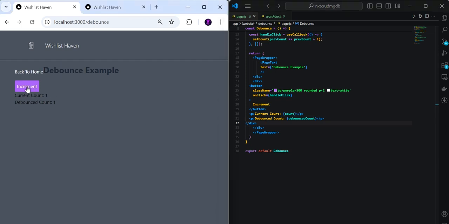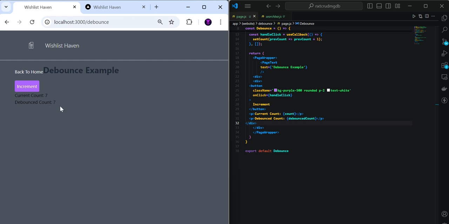And after I click the increment button, you'll notice that current count updates immediately, and debounce is delayed by 500 milliseconds. Now, I know you're probably thinking you would prefer the increment to be updated real time. And in this particular example, it's not necessarily as detrimental to the overall project, because if a user clicked this several times, you'll notice that the current count updates immediately and the debounce count only updates after there's been a